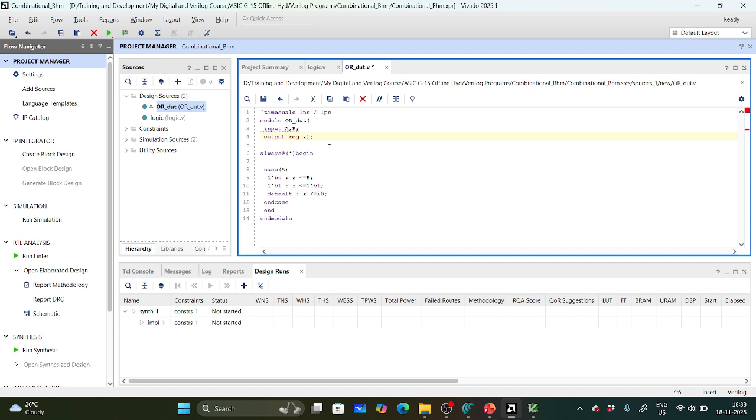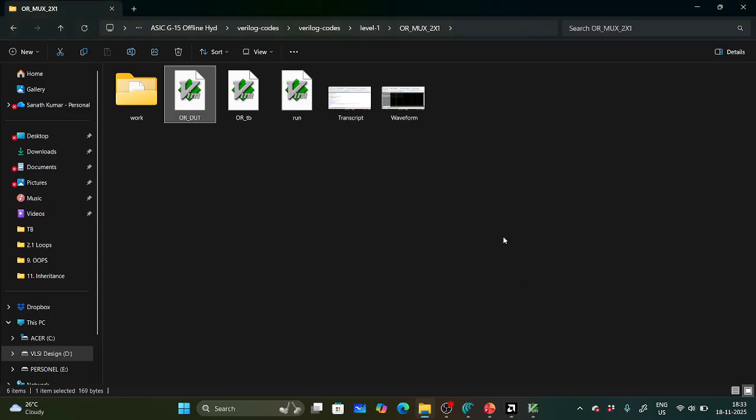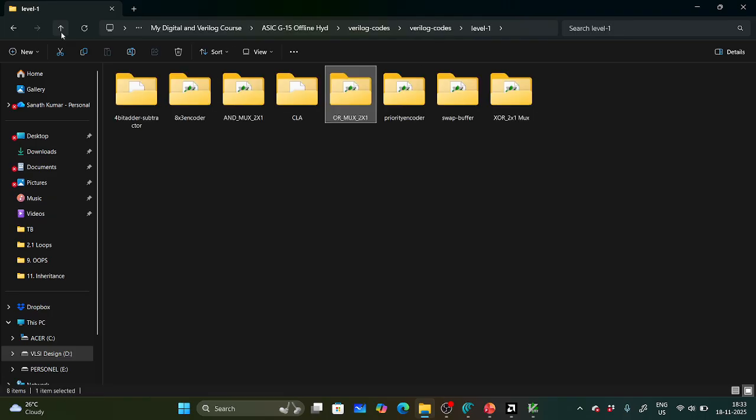Set input a comma b, selection. This you try here. Any doubt? This is a normal mux only, but we need to try this. We need to implement all the gates by using 2 cross 1 mux by using behavioral modeling. This you try and come up with the solutions. Next,